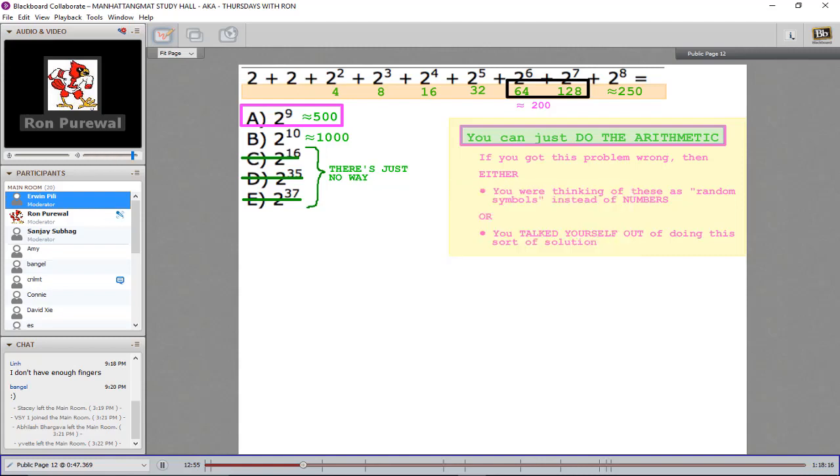One of the stated objectives of the people who make the GMAT is to create a test where proficiency in mathematics doesn't really give you too much of an advantage. And so they do throw in a lot of problems like this one, where,